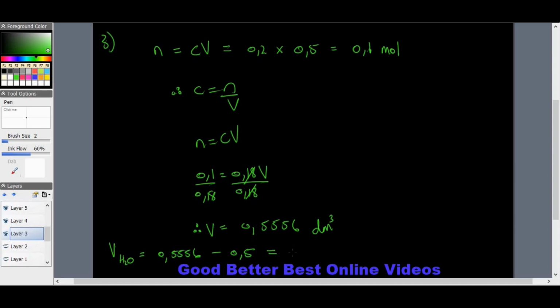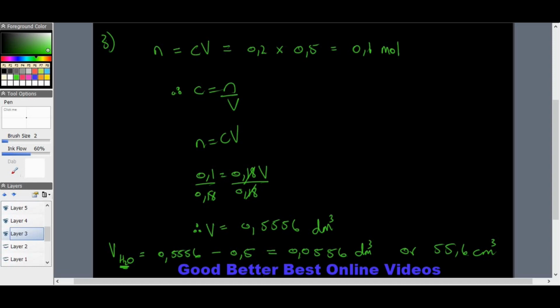If we do that, we'll get 0.0556 decimeters cubed, or in cubic centimeters as the question suggested, you times that by 1,000, you'll get an answer of 55.56 or 55.6 cubic centimeters of water that needs to be added to the original 0.5 or 500 cubic centimeters